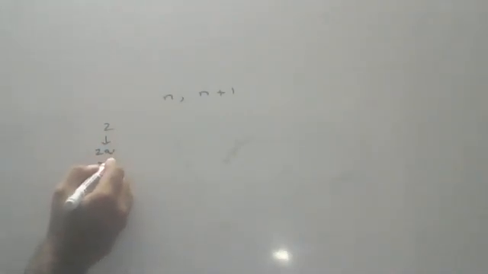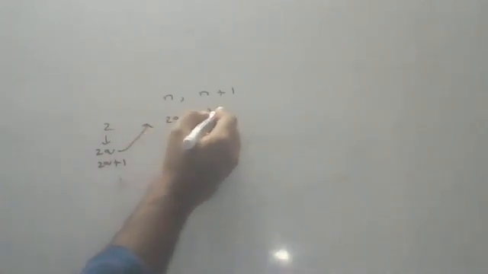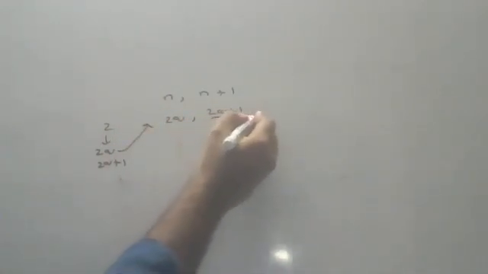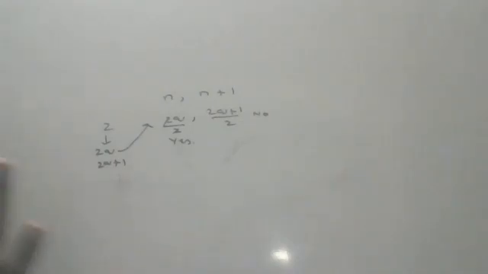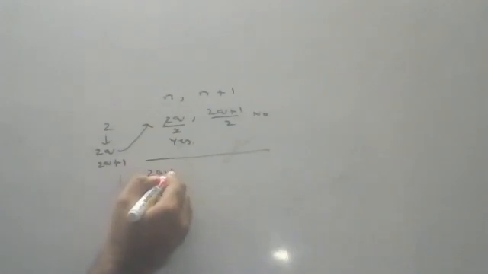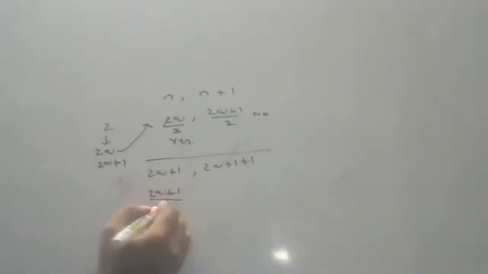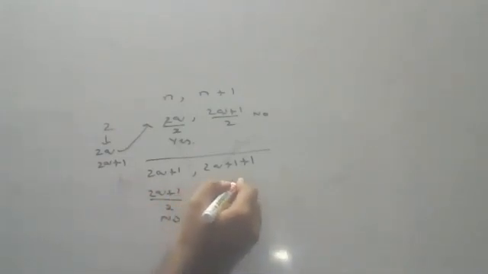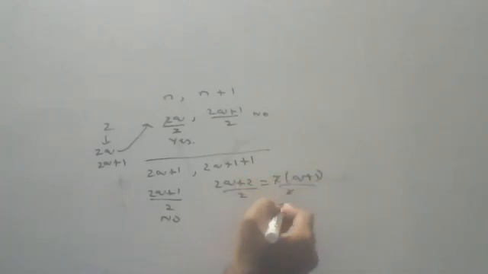So what are the forms you will get? 2q, 2q plus 1. First, let's check with 2q. Put 2q here, put 2q plus 1 here. Is it divisible by 2? No. Is it divisible by 2? Yes. Out of two consecutive numbers, one number is divisible by 2 is the question. Let's check with 2q plus 1, children. Substitute here, 2q plus 1, 2q plus 1 plus 1. 2q plus 1, is it divisible by 2? No. 2q plus 2 by 2, take 2 common, q plus 1 by 2, 2 cancels. Is it divisible by 2? Yes. That's all over.